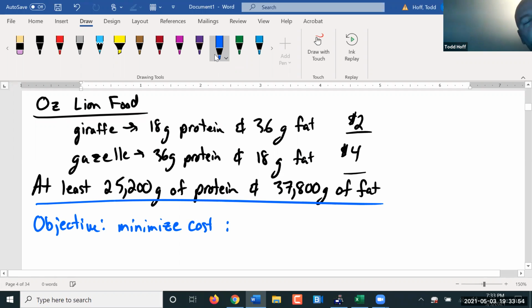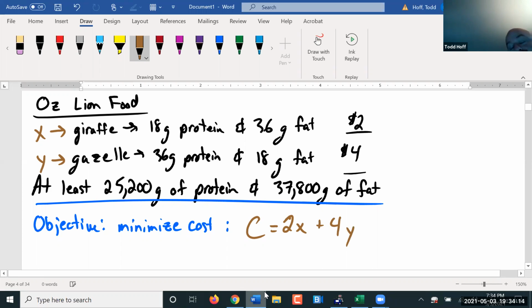In that cost function, C equals, if we let X be the amount of giraffe meat used and Y be the amount of gazelle meat used, $2 times X, the pounds of the giraffe meat, plus $4 times Y, the pounds of gazelle meat. Subject to